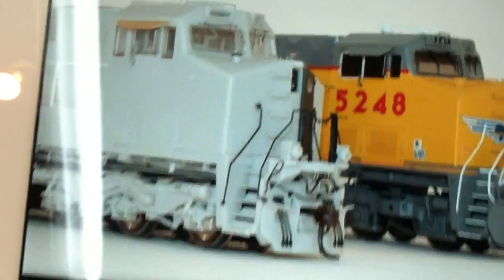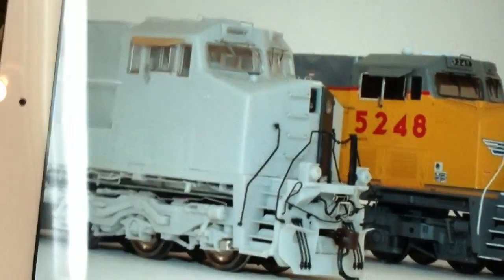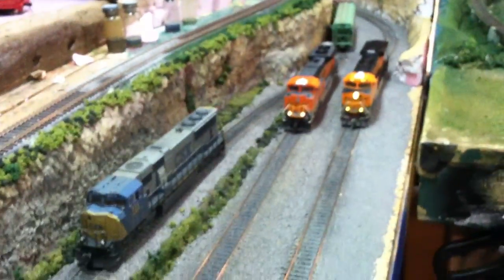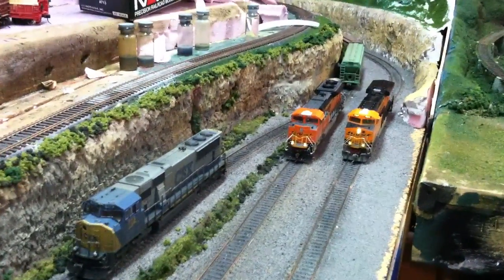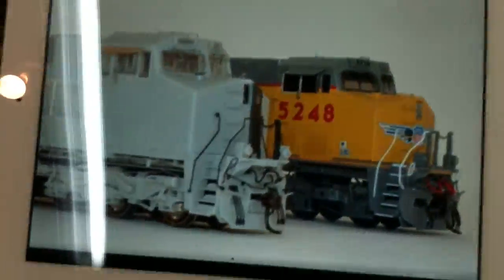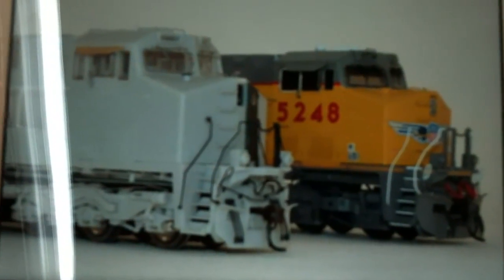Now, I'm not real happy with the incandescent bulbs. They're not too bright, and they don't look much different than modern LEDs, as you can see there. The one on the left is the Athearn with the incandescents, and on the right is the Intermountain with their LEDs. So the biggest thing I'm trying to find out now is if Intermountain changed their orange paint on their